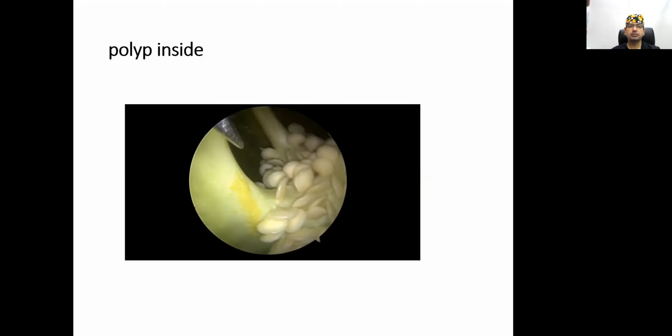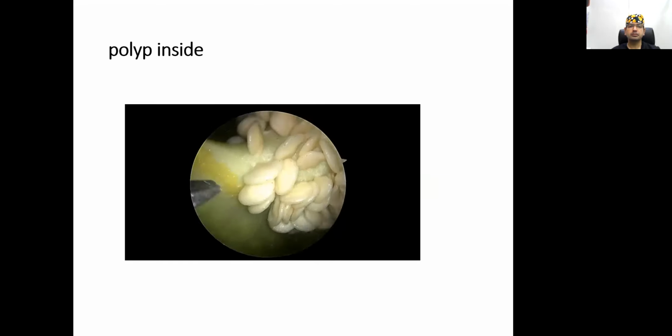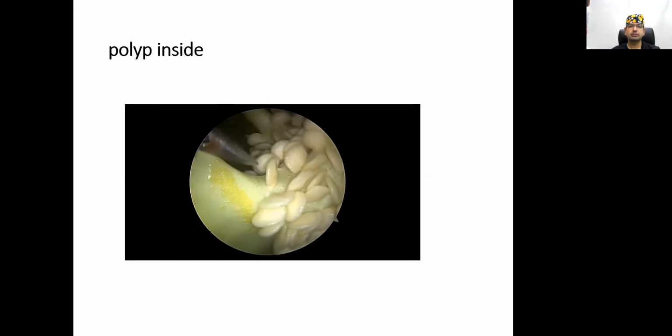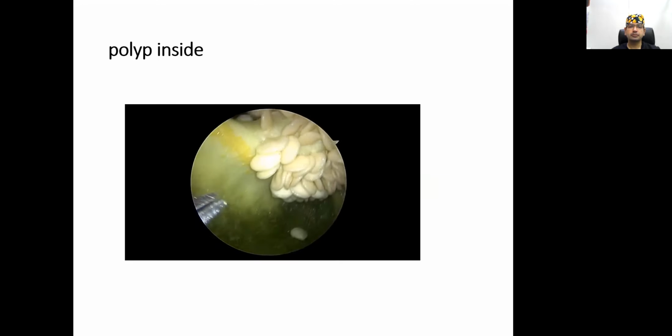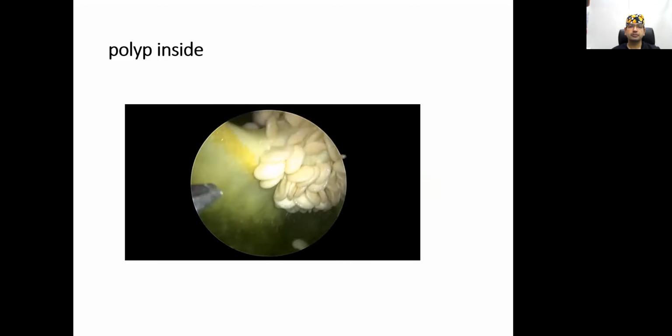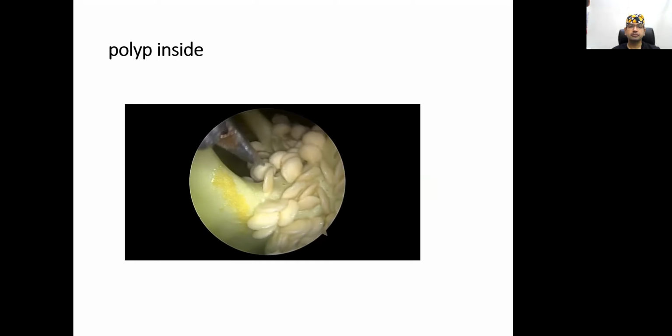Via hysteroscope, as you can see, the instrument always comes on the opposite side of the light cable, which is marked by the notch. As you can see, with the movement of the light cable, the scissor is moving. So you align your light cable in such a way that the base of the polyp is on the opposite side of the light cable, from where you expect your scissor to come inside.